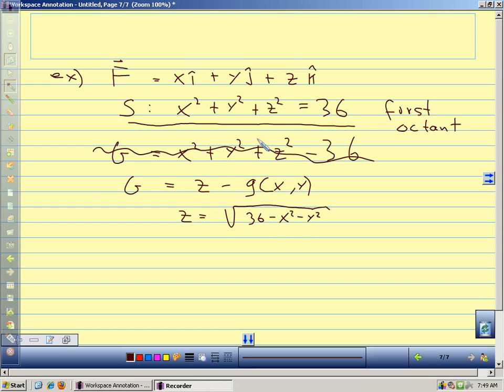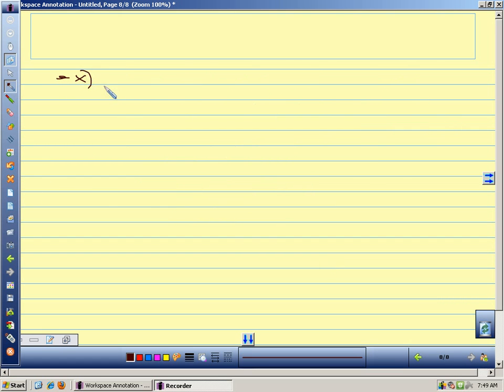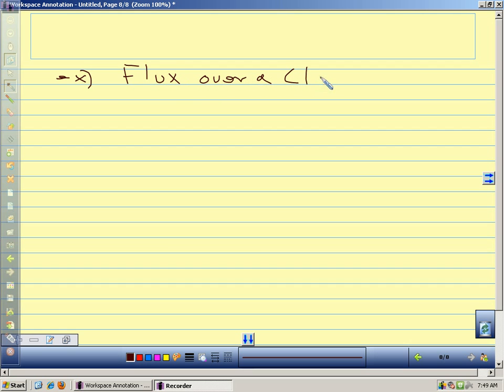So for an example like this, you need to make sure you do this. Okay? So that's what I wanted to get through with that example. All right, quickly. We want to find the flux over a closed surface. If we have to find the flux over a closed surface, you have to make sure you take into account